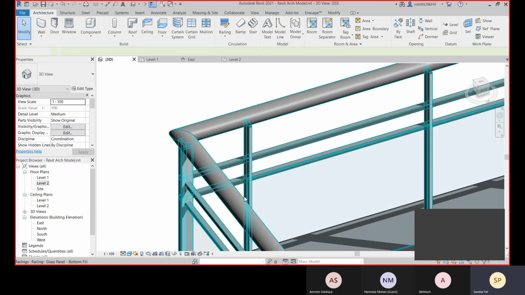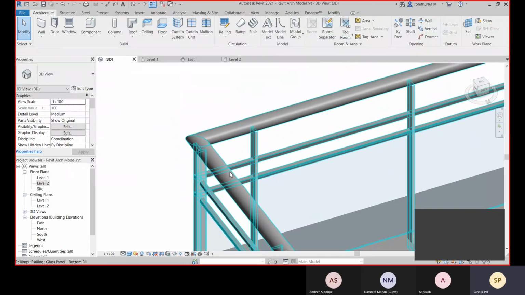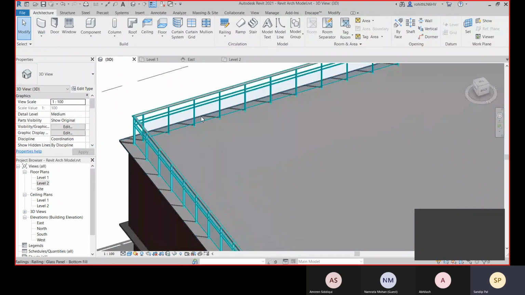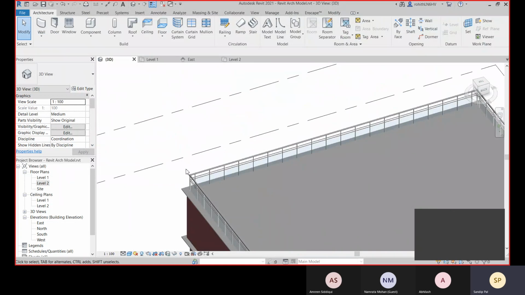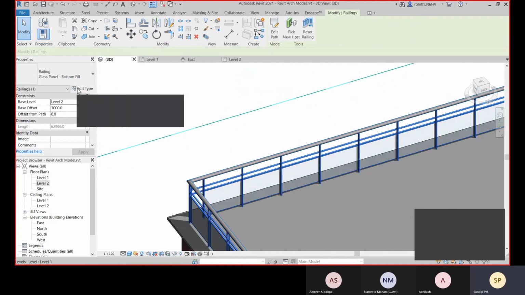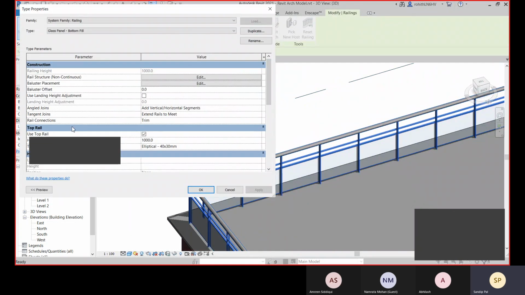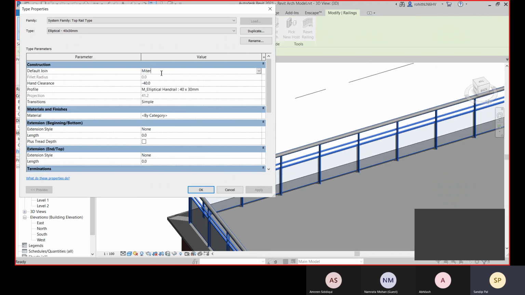Apply OK, let's see. I think the radius is too small for this one, so we'll select it, go to its Edit Type, go to this top rail type, and change it to fillet, and make the radius 100.